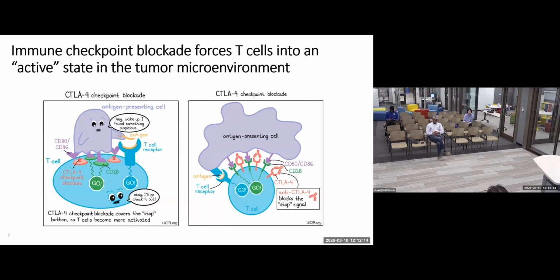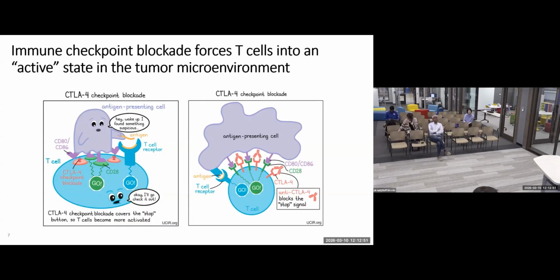And one of the ways that we try to prevent that is through immune checkpoint blockade. So we can think of it like putting little caps on top of the off switches. So when our antigen presenting cell or our cancer cell interacts with a T cell, we've sort of shifted that balance. So instead of selectively binding to the off switches, there aren't as many off switches left to bind to. So now we just bind to the on switches, at least in theory, turning the T cell on, keeping it in an active state. This is an example illustrated for CTLA4 or an anti-CTLA4 antibody, which is one of the on-the-market immune checkpoint blockades.